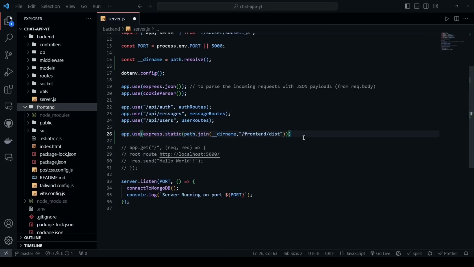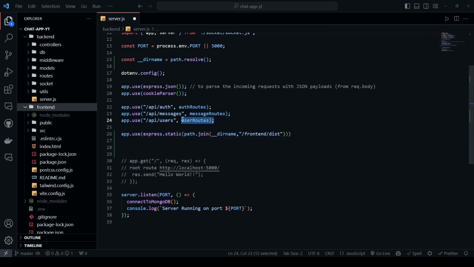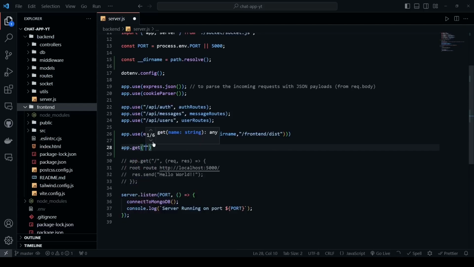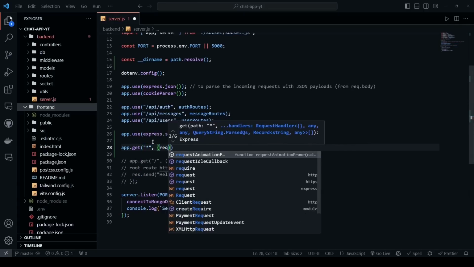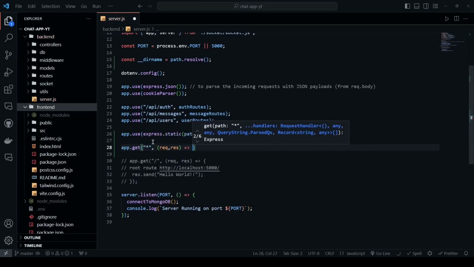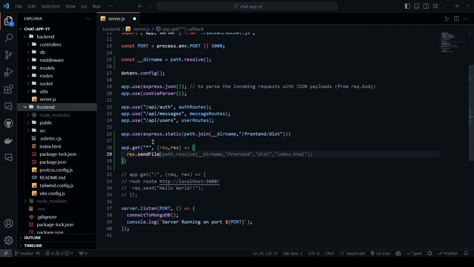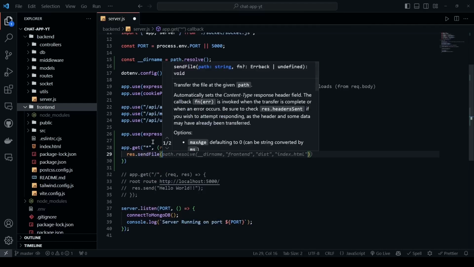And then we will say any routes that are other than these. So we will say app.get. We'll put a wildcard, and we will say we would like to have this request and response. So we're gonna have this callback function. So we'll say res.sendFile, and we will send this index.html that we have in the front end folder. So let's say